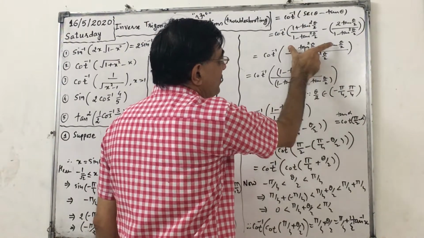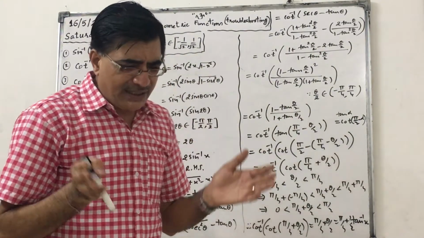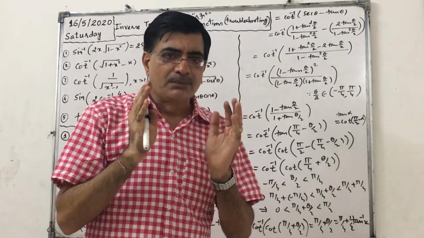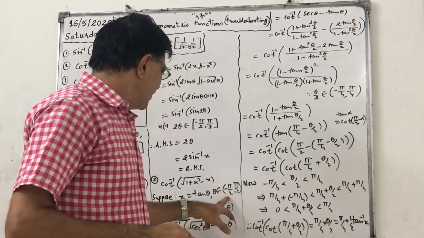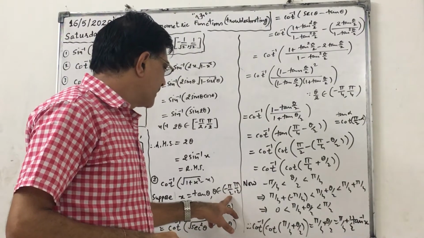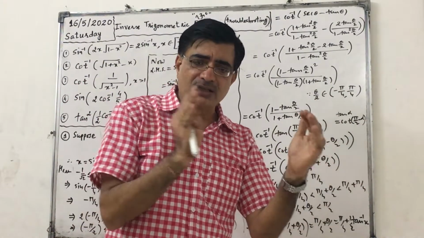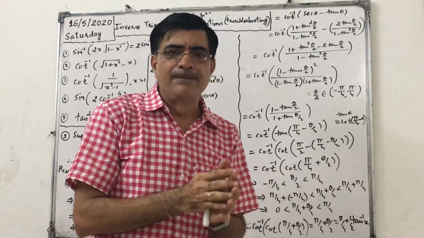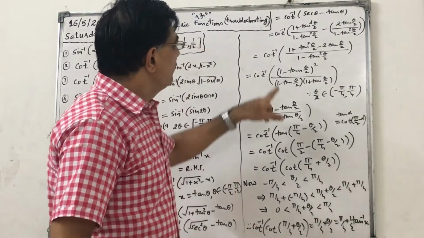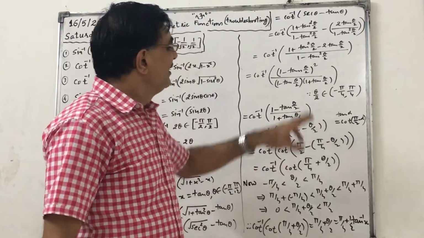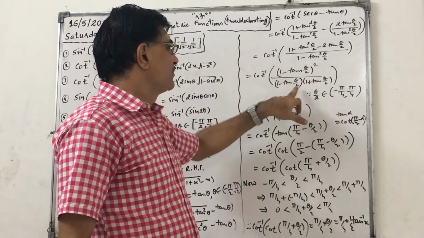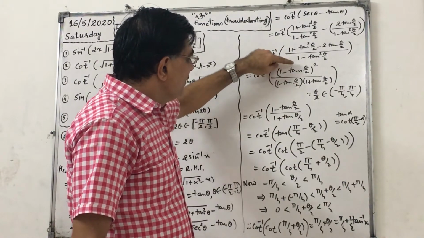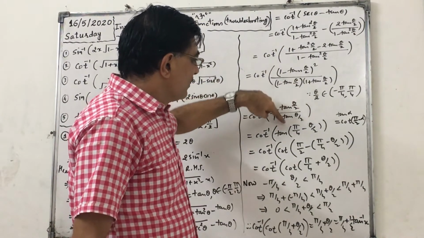Now this is a perfect square. It can be written as the bracket tan theta by 2 minus 1 whole square, or the bracket 1 minus tan theta by 2 whole square. But here theta by 2 is between minus pi by 4 to pi by 4, in the open interval minus pi by 4 to pi by 4. And we know that in this interval tan is less than 1. So we have to write 1 minus tan theta by 2 whole square. The factors of the denominator are 1 minus tan theta by 2 and 1 plus tan theta by 2. 1 minus tan theta by 2 will be cancelled, with 1 minus tan theta by 2 remaining upon 1 plus tan theta by 2.